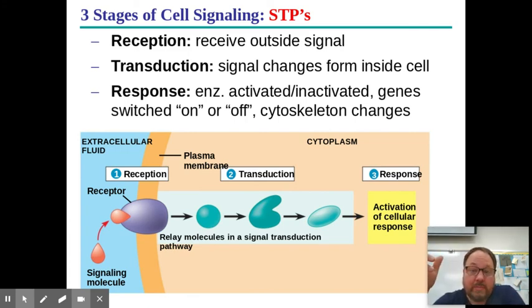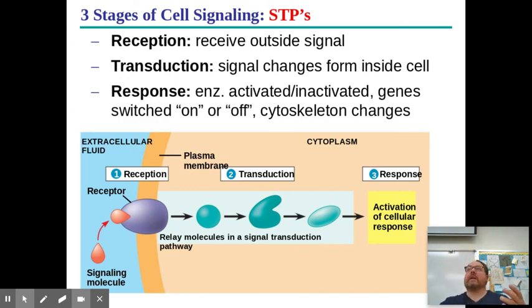The cell does something. Now, what can a cell do? It can switch enzymes on or off. So again, think about being able to change the shape of enzymes. If you have an enzyme in one shape, it's switched off. If you change its shape to something else, it's switched on and active. So you can change enzymatic activity. Genes can be switched on or off. One thing that's sort of weird is throughout every day, you are literally having genes switched on and off inside of some of your cells. So you're switching genes on and off all the time so that proteins are being produced or they're not being produced.